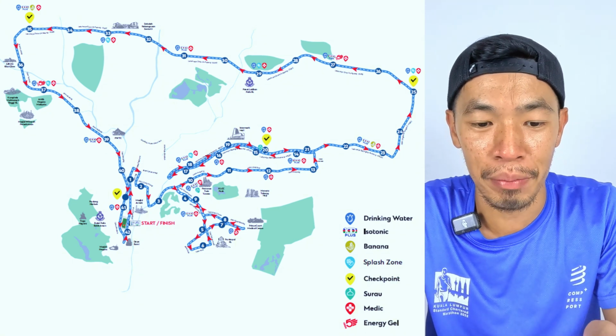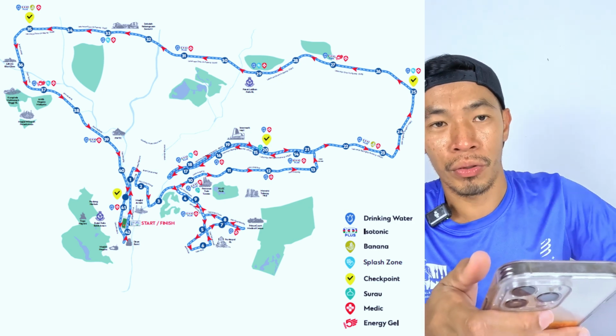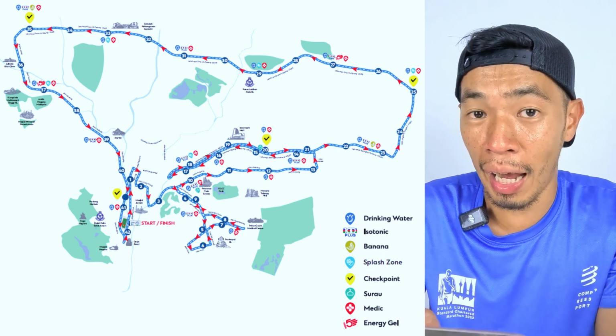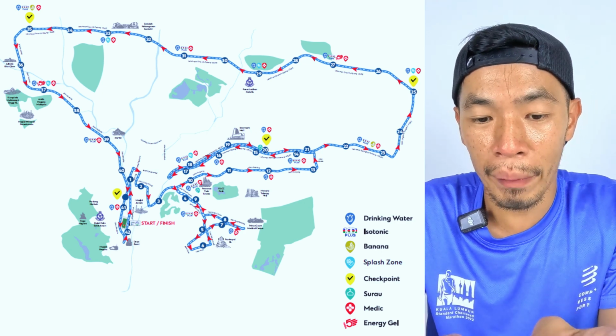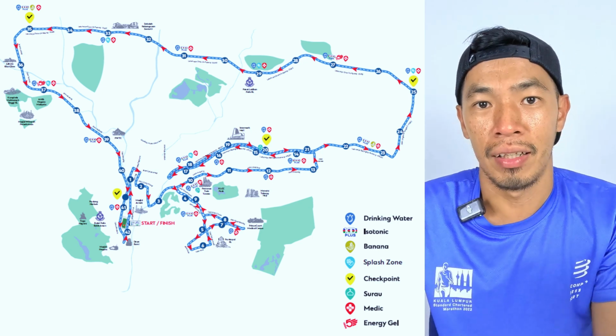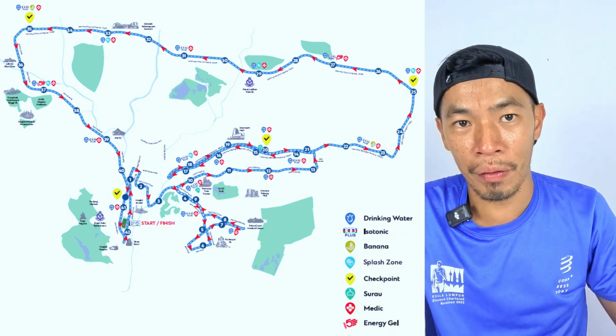25 to 26 is basically quite a long uphill. You have to slowly jog more than 1 km uphill on that. So you really enter the Duke Highway. From 26 all the way to 35 is a highway, almost 9 to 10 km of highway run,